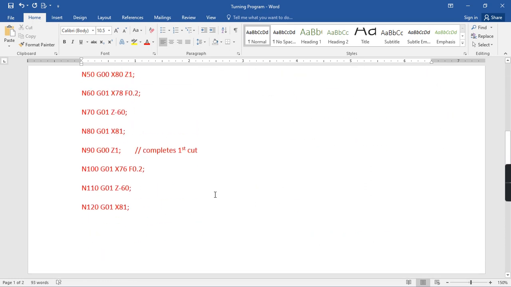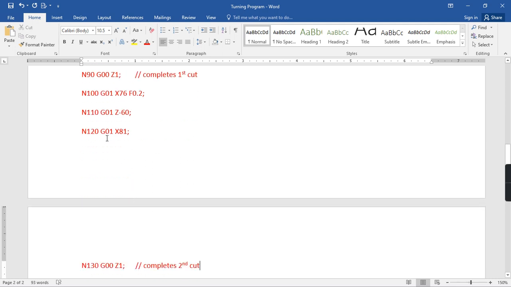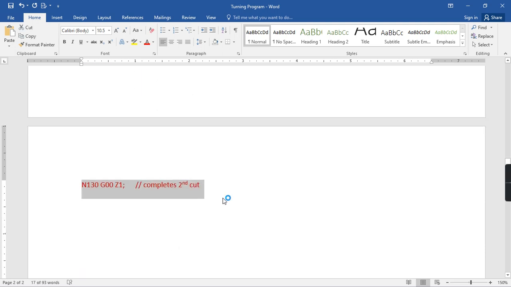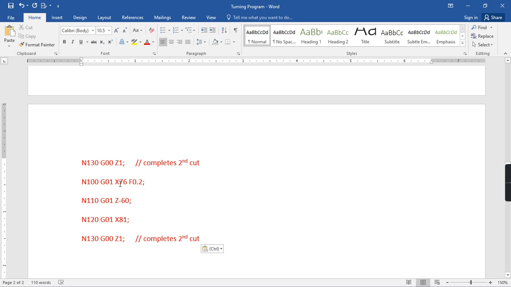So I will not write it again, I will just paste it. From here I will paste it again. So G01 now it will be X74, same G01 up to Z minus 20, this will remain same G00 and again it is.